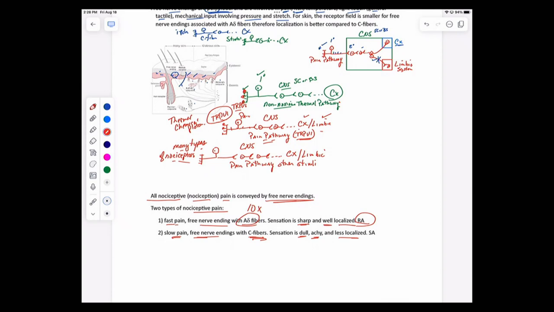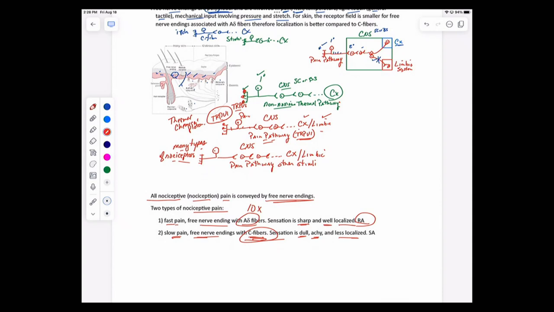In other words, you hit it, and if you played it in slow motion, it would be, okay, bang toe, wait for it, wait for it, wait for it, boom, now it hurts. We have that delay. The reason there is a delay is because you are activating C fibers, and they're relatively slow. And the pain itself is kind of an achy, very unpleasant type of pain.